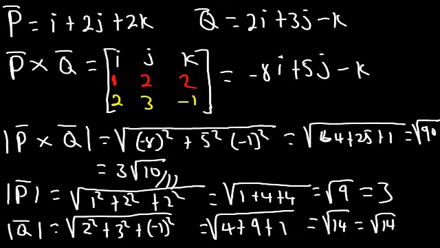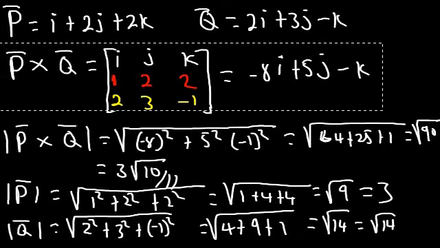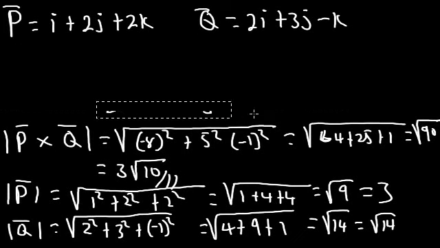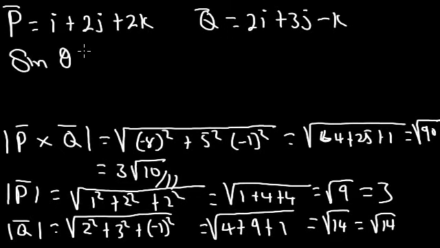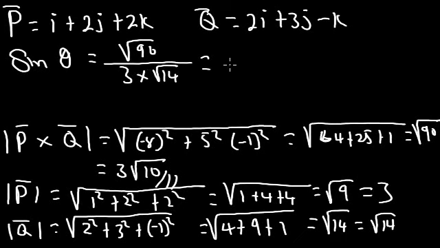So now we can determine the angle between vector p and q. So the angle between vector p and q, sine theta, will now be equal. We said it's equal to this right here, the magnitude of the cross product of the two vectors, that's the root of 90, all divided by the product of the individual magnitudes, that's 3 times root 14. So I'm just going to type this into my calculator as a whole in order to get my answer in no time. And I got